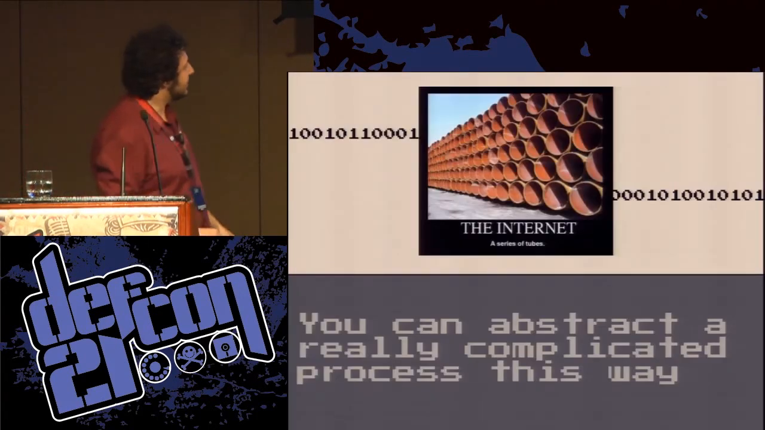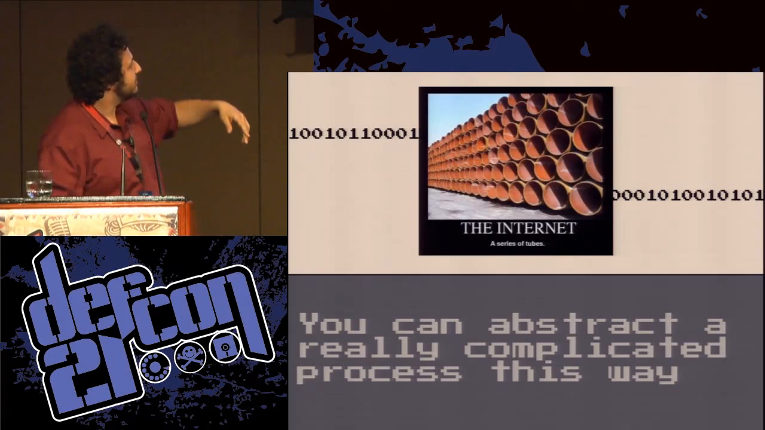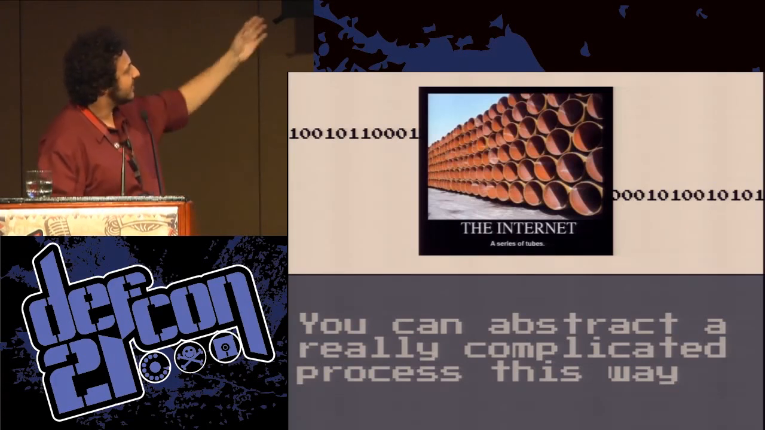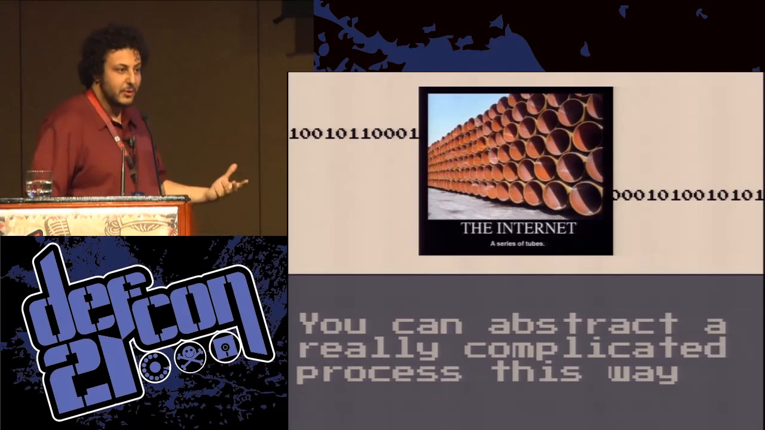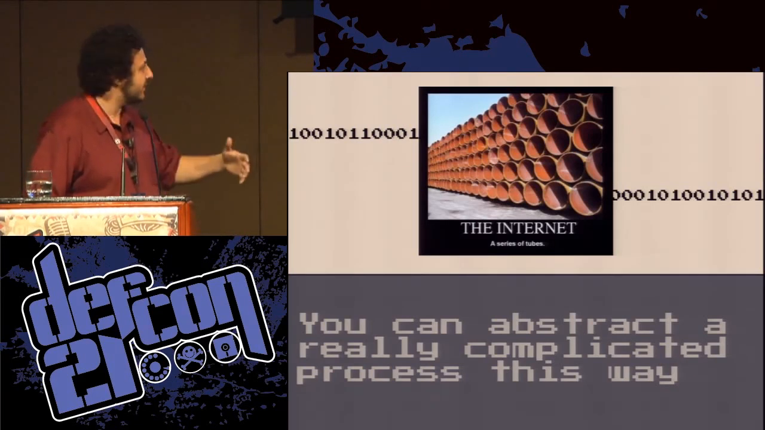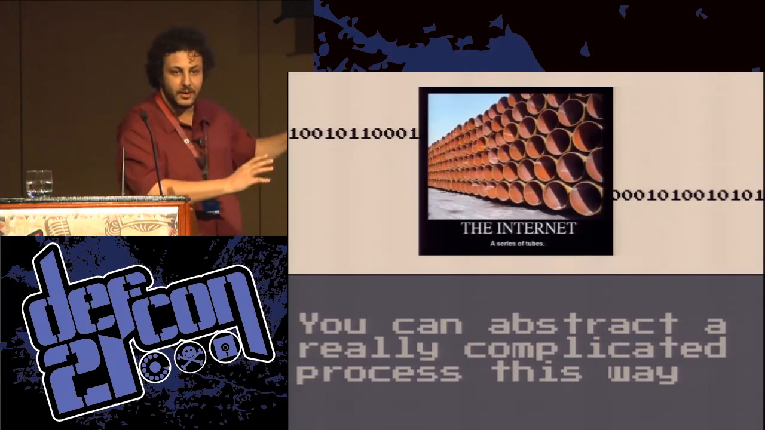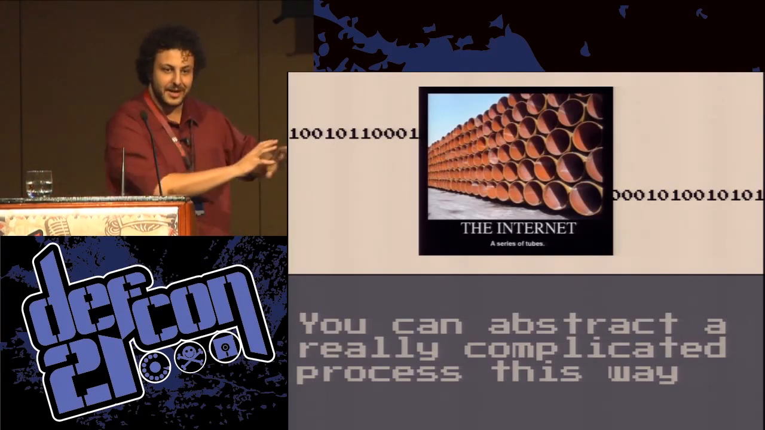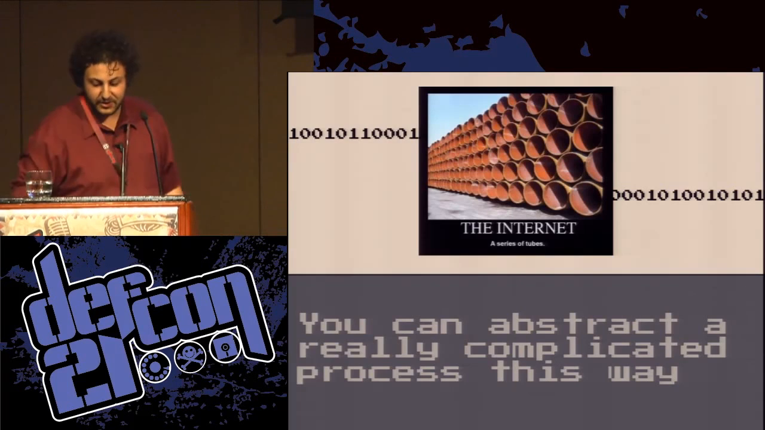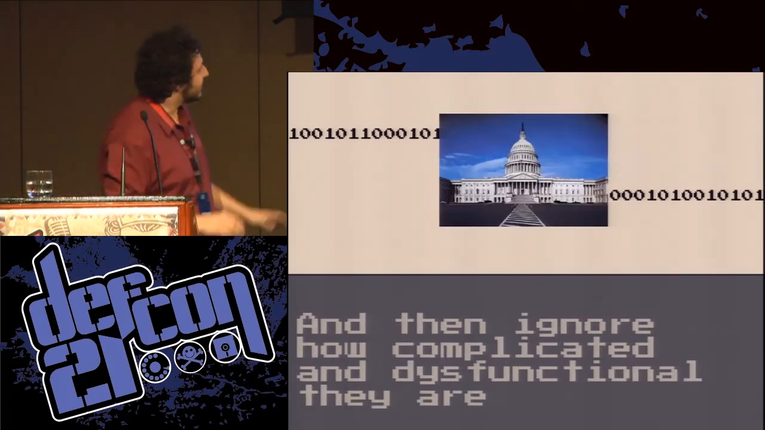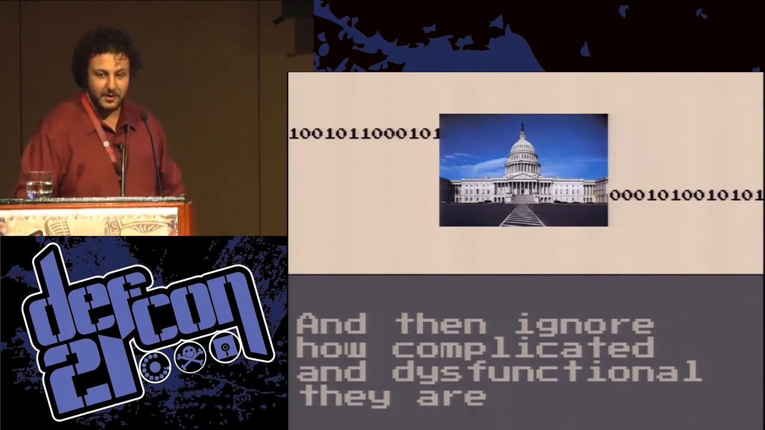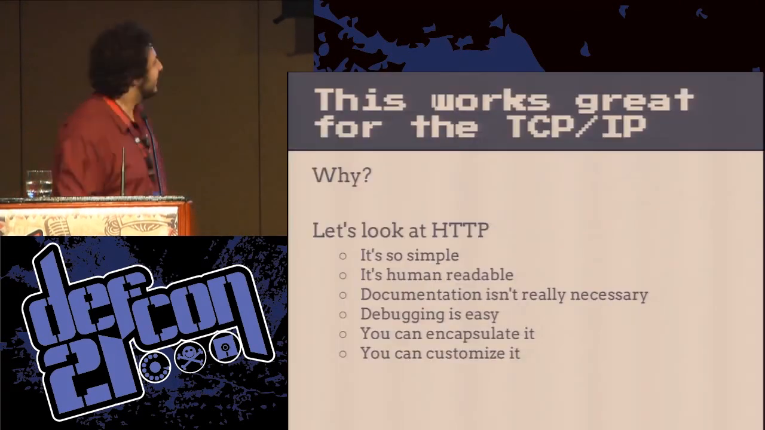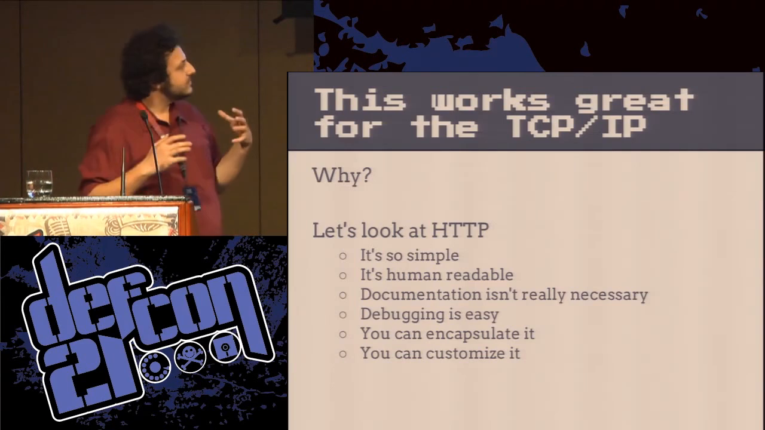This is how the internet works. You send some stream, it goes through a series of tubes, and then it comes out the other side, and you really don't care. You can take some really complicated process like routing all the way across the internet and forget about it. Have someone else take that initiative, and you just deal with higher level application stuff. So you can abstract really complicated things and ignore that they exist, no matter how dysfunctional they are. Okay, so to really appreciate